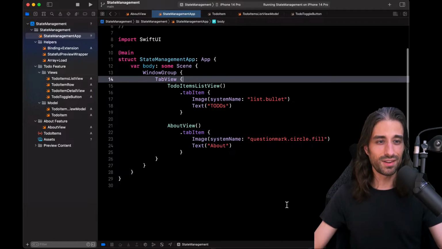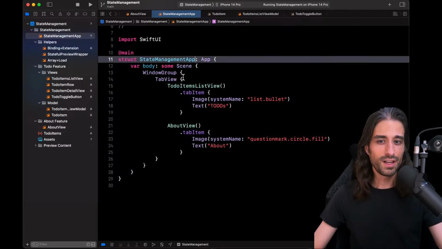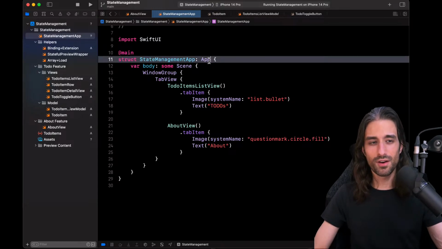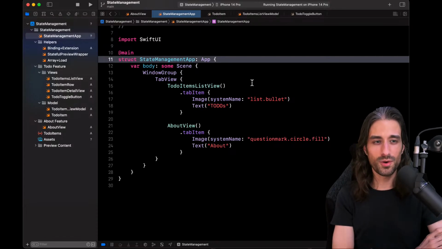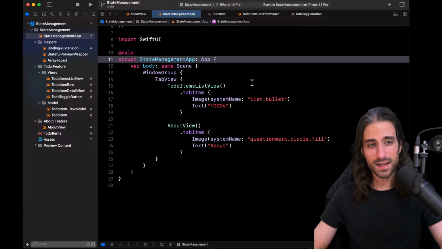So I was saying the answer is under your eyes, and it's because, as you can see, the tab view was defined at the app level, so at the root level of our app, and it's not a coincidence, because most of the time this is what you will do. The human interface guidelines of iOS encourage you to use navigations inside a tab bar, but not a tab bar inside navigation.